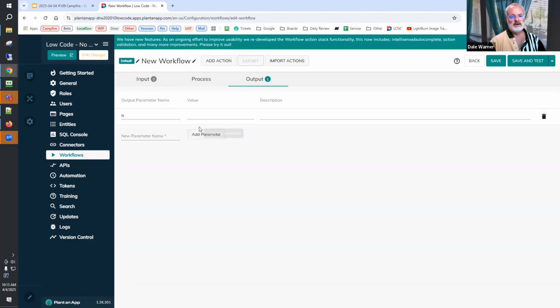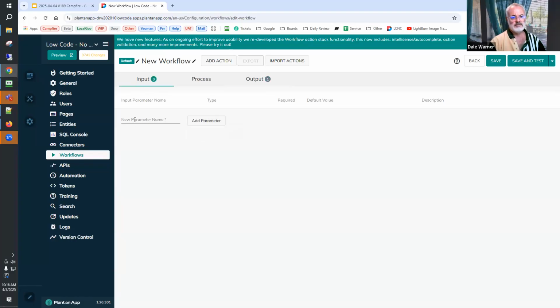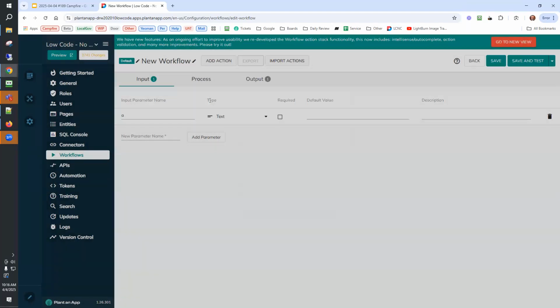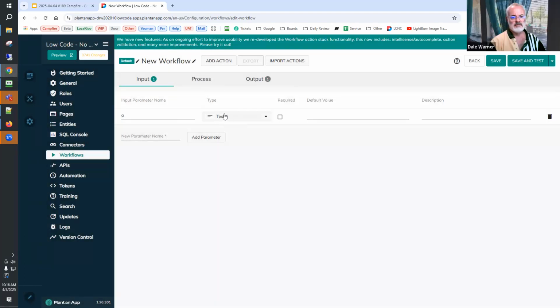And I think the basic answer is no. I always ask Patrick to correct me when I'm wrong, but when you do an input token to a workflow, whatever it is, you have the choice of what kind of primitive that is, and the default is text.